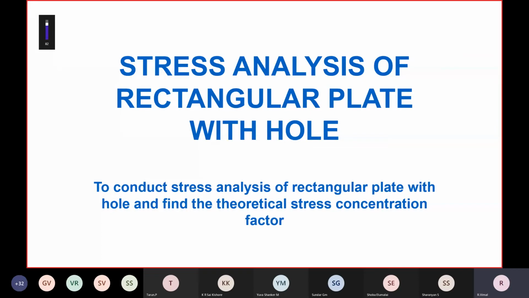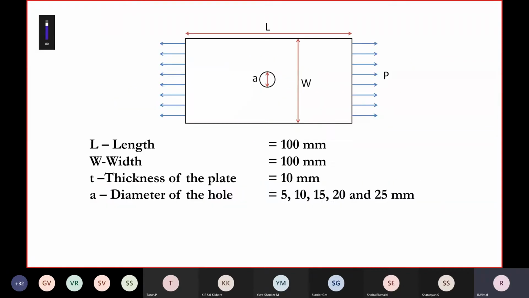In order to do the stress analysis here, we calculate something called the stress concentration factor. Okay, so this is the condition. This is a sample condition, not the exact problem that we'll be dealing with today. What you see is a plate with a hole in the center, and we see load given in both the directions. So this is the kind of problem that we'll be discussing today.